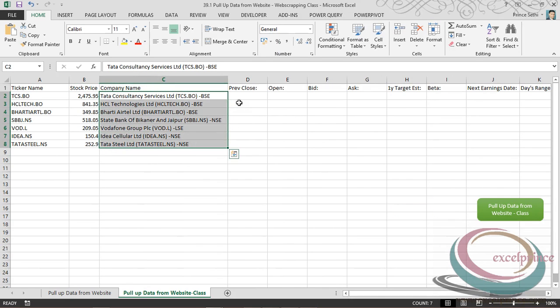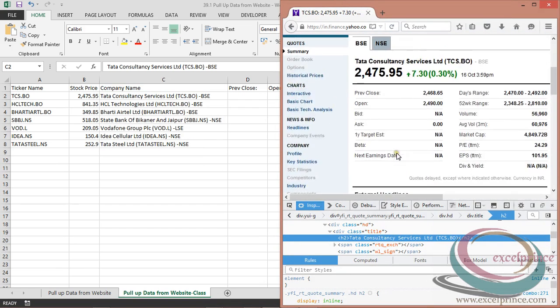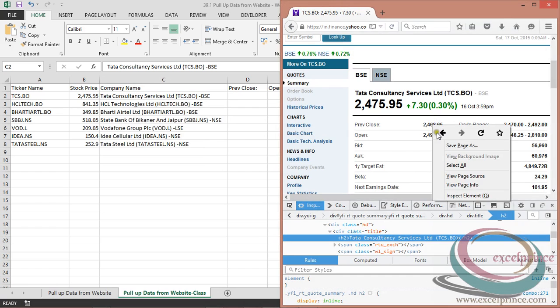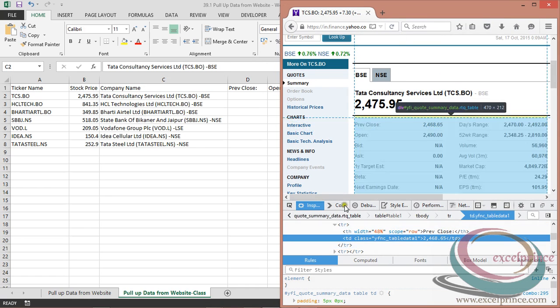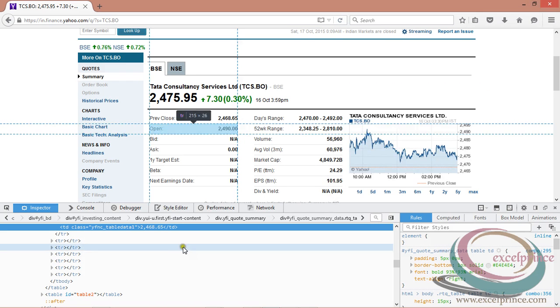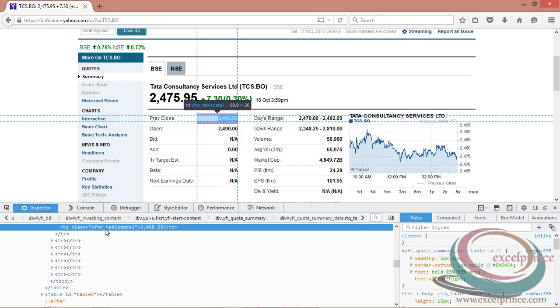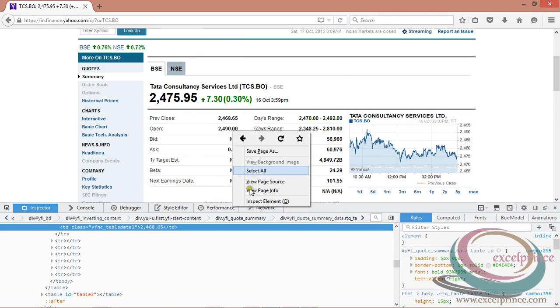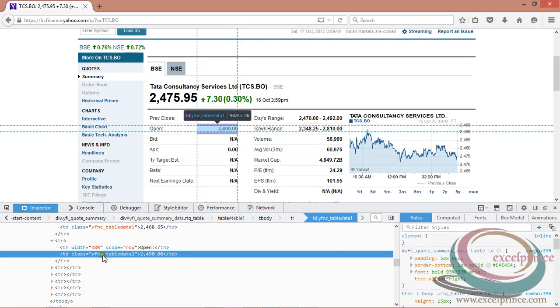Okay, so the next point is to extract previous close, open, bid, and so on and so forth. So let me show you over there. I need to extract this one. First of all, I need to understand what is the class of this particular component. If you see, the class name is yfnc underscore table data, and making it maximize so that you may be able to understand properly. This is the class yfnc table data 1, and if I hover over there and inspect this particular element, even this is also lying under the yfnc table data class.